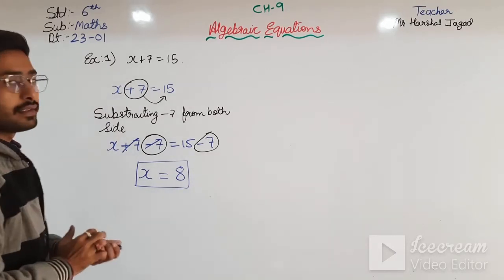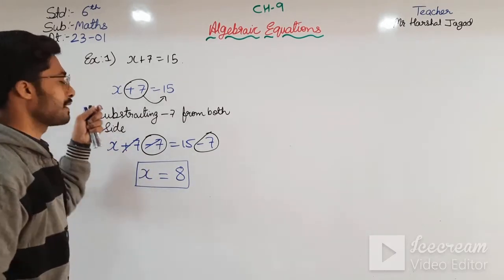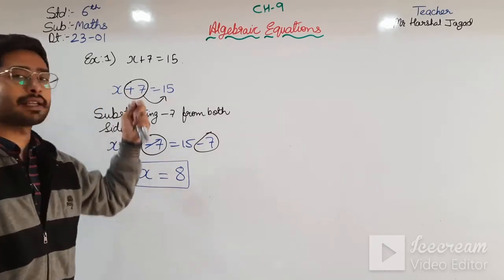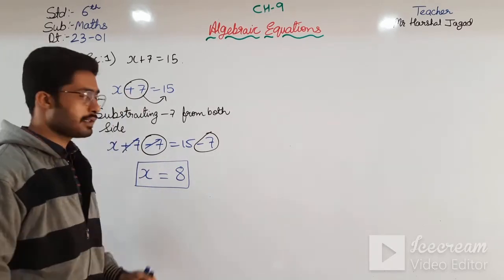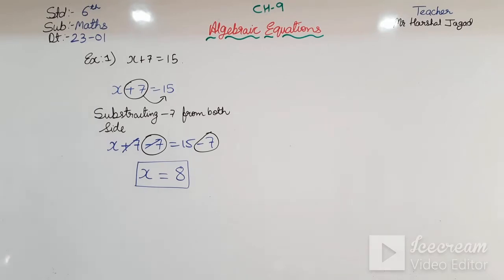If in this equation I put the value of x, that is 8, then 8 plus 7 is 15. Okay students, if you want to write, you can write this. And here you can see the solution of an equation by trial and error. Here the trial and error method is given. So let us do that. First of all, you just write down this.